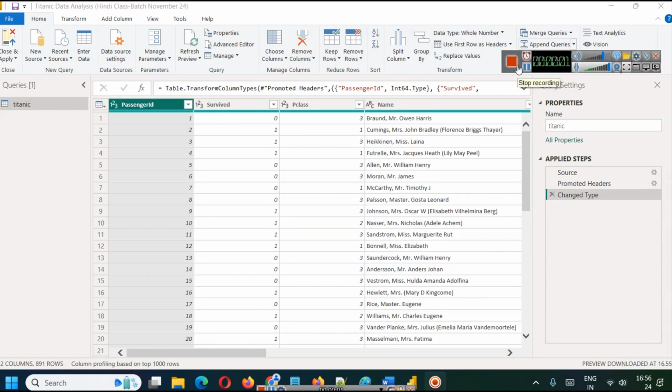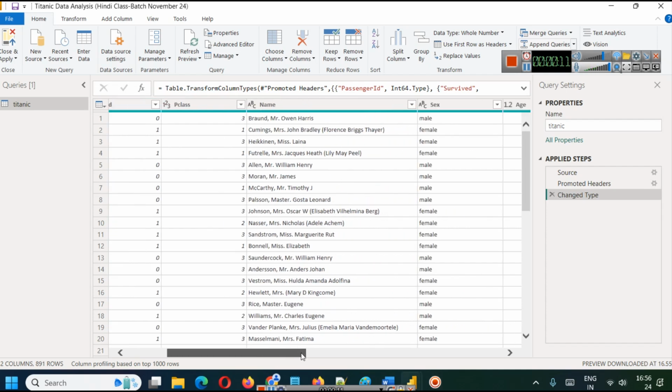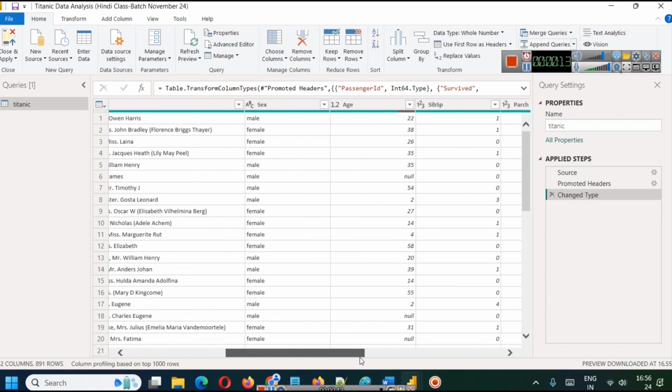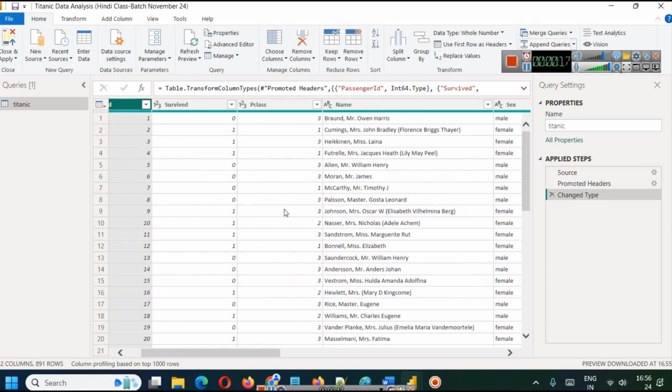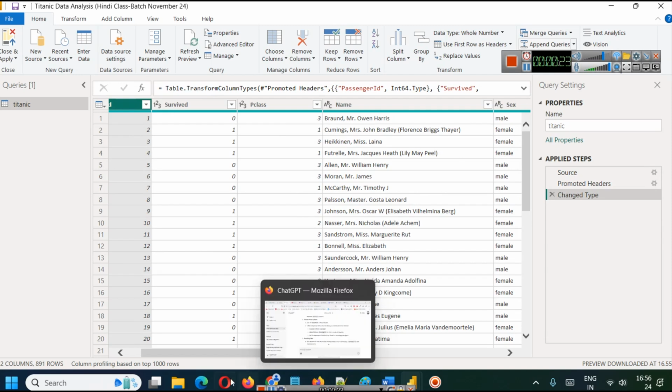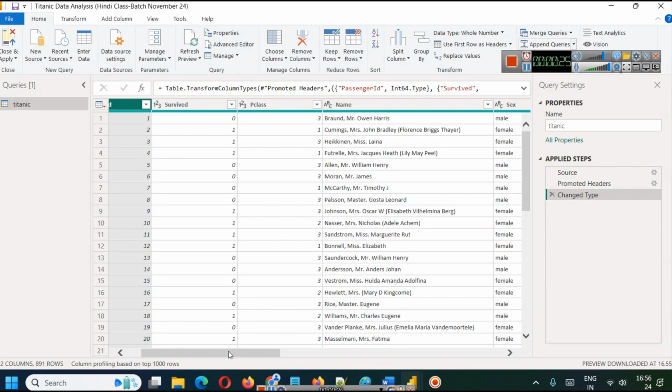So a general idea in Titanic is to find out how many people were able to survive. From the survived point of view, gender wise, class wise, passenger class wise, and different types of categorical variables can be taken into account. But the first thing that you have to do is